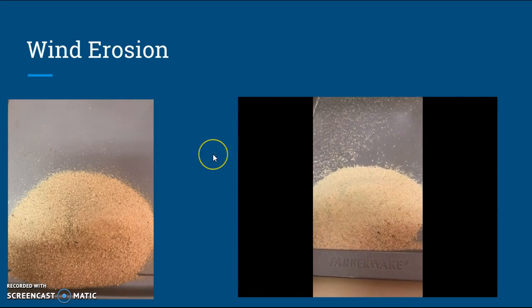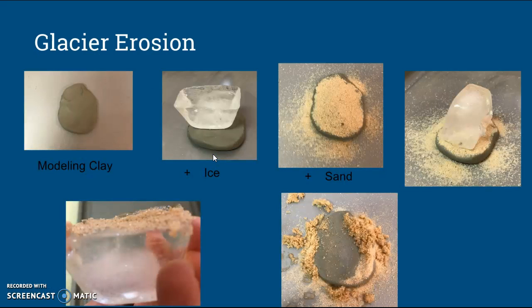And the last type is glacier erosion, where I just took modeling clay, ice, and sand, and you can see how the ice actually broke down the modeling clay a little bit here, and how glacier erosion affects its surroundings. So after looking at the 3 different approaches, I decided that this would be best implemented as